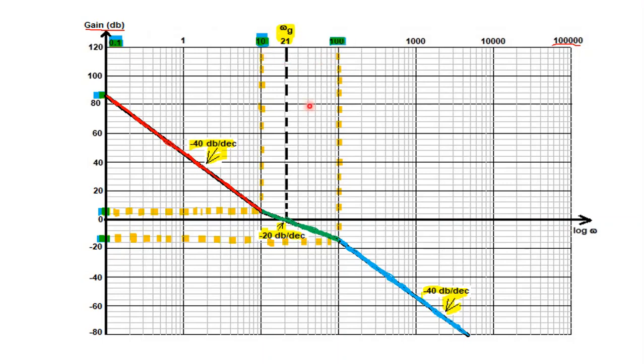Right. So at 0.1 I am starting. I already said how to get this 84. So when I start at 84, the initial slope is minus 40 dB per decade. The 84 or 85 means at 1 it is 45. So a 40 dB per decade decrease. So this is 85 minus 40, which is 45.